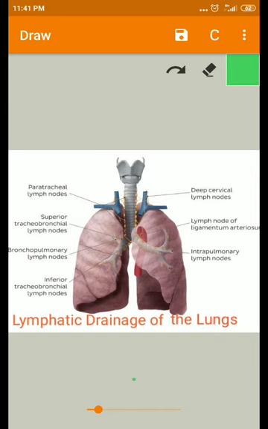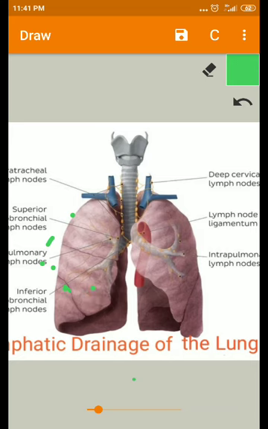To summarize, the lymphatic drainage of the lungs has two sets of lymphatics, both of which finally drain into the bronchopulmonary lymph nodes. These are present in the hilum of each lung. One is the superficial set and the other is the deep set. Superficial vessels drain the peripheral lung tissue lying beneath the pulmonary pleura. The vessels pass around the borders of the lung and the margins of the fissures and finally reach the hilum. Deep lymphatics drain the bronchial tree,